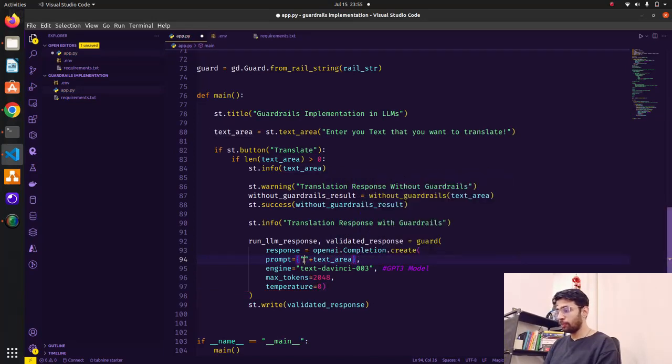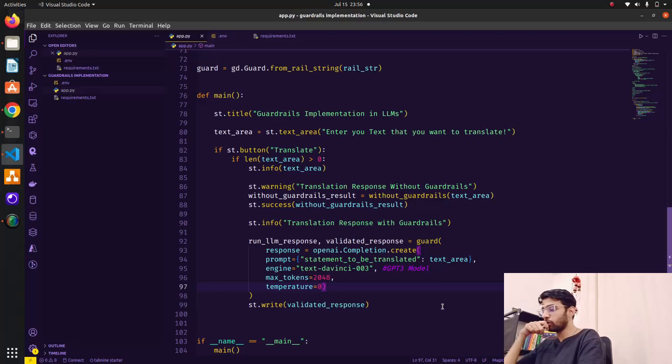Okay, and here we'll pass our statement to be translated. Statement to be translated, and this looks okay, and this will be plus text area. And it's not text plus text area, just statement to be translated text area.